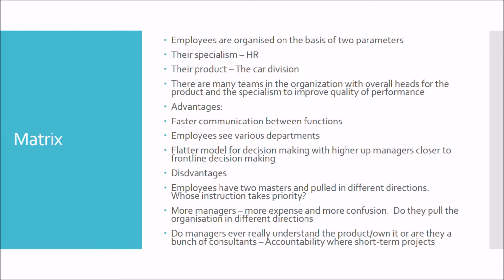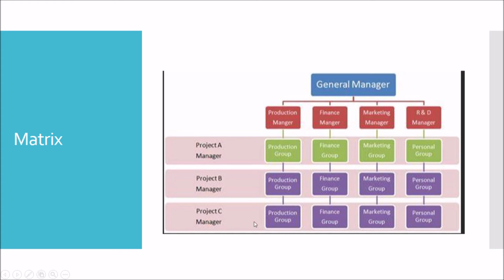And they never really end up understanding any of the particular departments that they're in. And so you can see that the civil service is often a perfect example of a matrix kind of structure. It doesn't work. So here we have our matrix structure. We've got our projects here, and we've got our specialism here, and we're creating little groups of different organisations here. Slightly flatter function, because obviously we've not got the level of hierarchy of managers to go through.